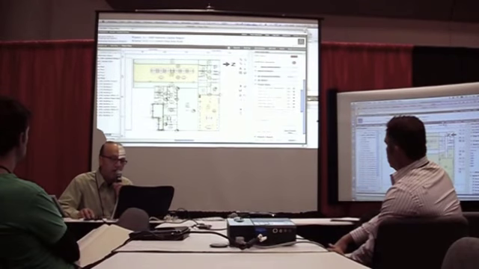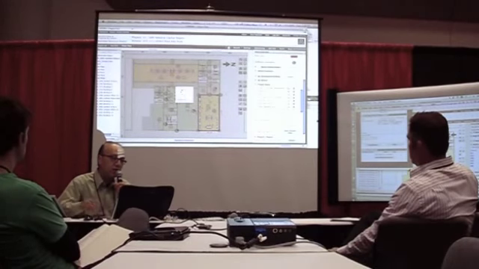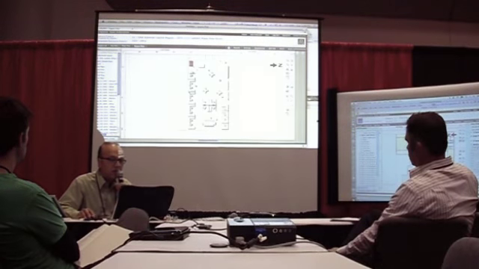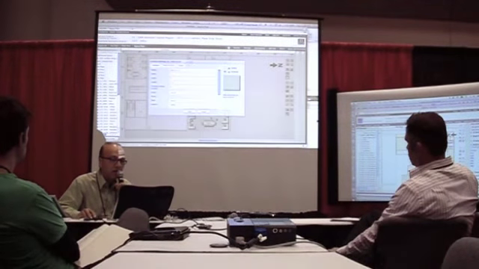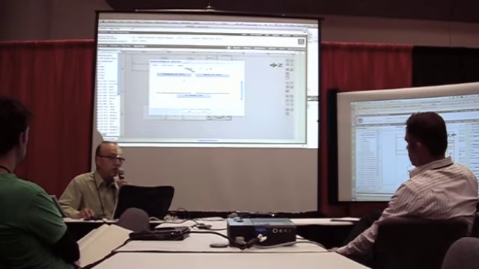But if I go back to my interface and say, well, I want to go into that space, now I keep drilling into the space, one floor of the building, one room, going specifically to a piece of equipment and saying, what's going on with that air handling unit? It's red. It's red because the sensor has gone out of range. So here's a sensor